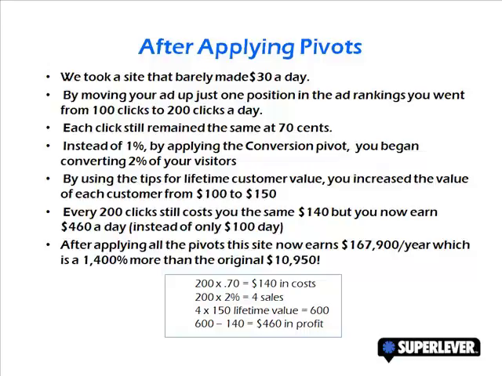Instead of a 1% conversion rate, by applying the conversion pivot, you then began converting 2% of your customers. And by using the tips for lifetime customer value, you increased the value of each customer from $100 up to $150. Every 200 clicks still costs you the same $140, but you now earn $460 a day instead of only $100 a day. After all the pivot increases, this creates a profit of $460 per day or